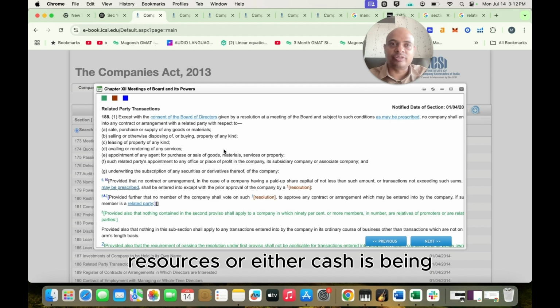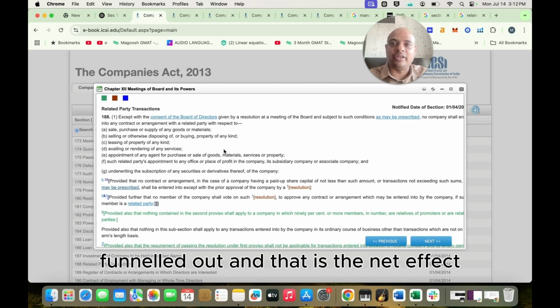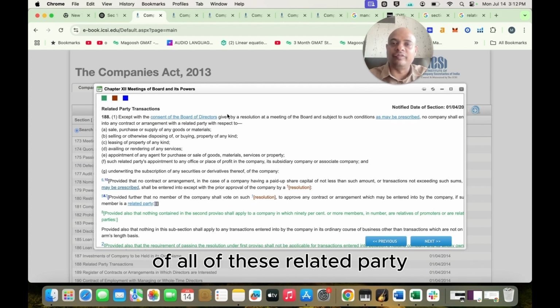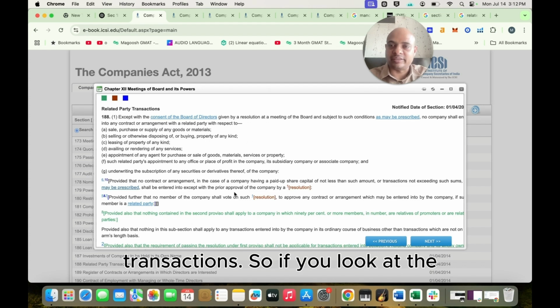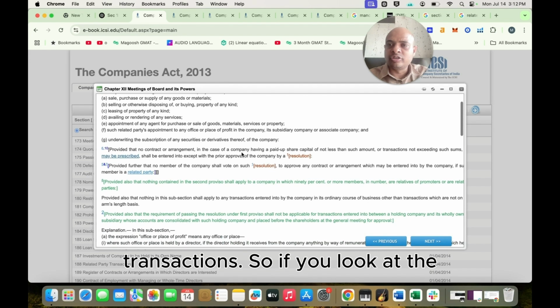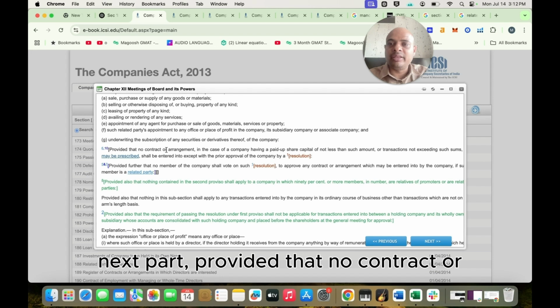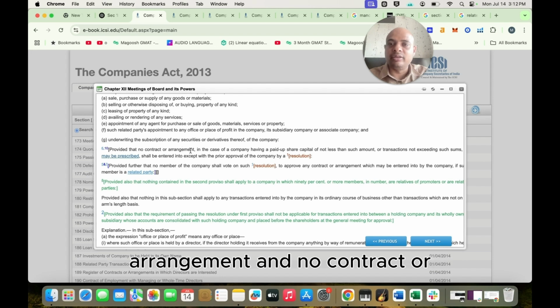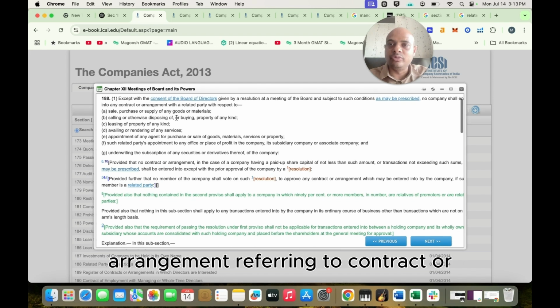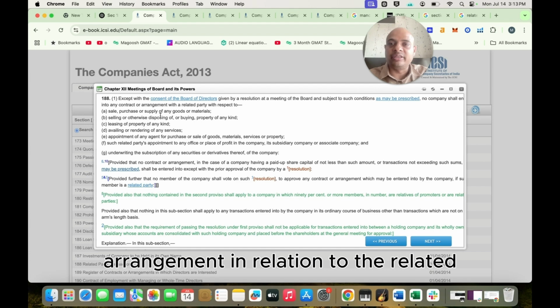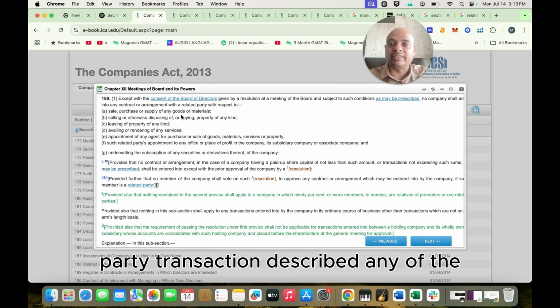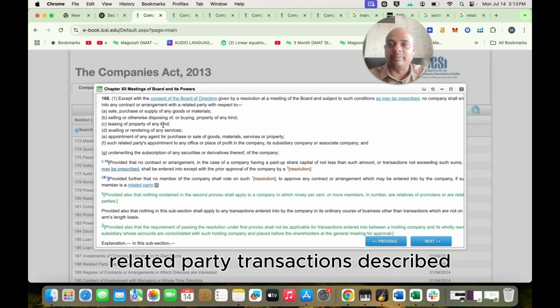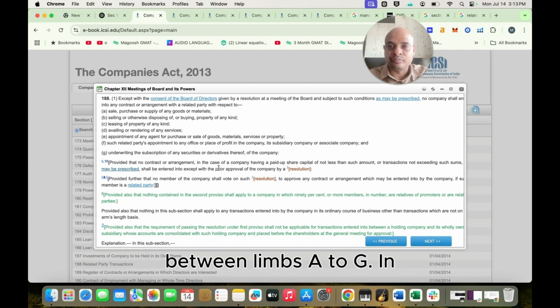So resources or cash is being funneled out, and that's the net effect of all of these related party transactions. So if you look at the next part, provided that no contract or arrangement, referring to any of the related party transactions described between limbs A to G,